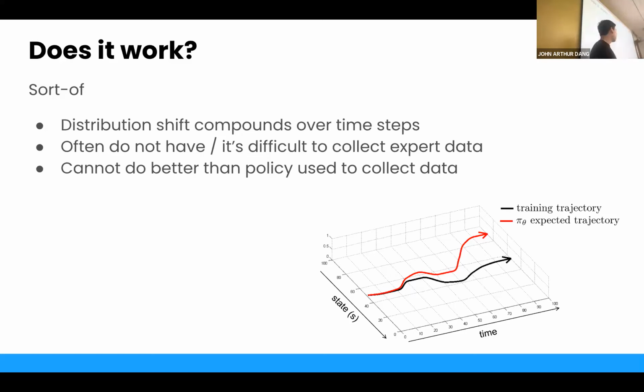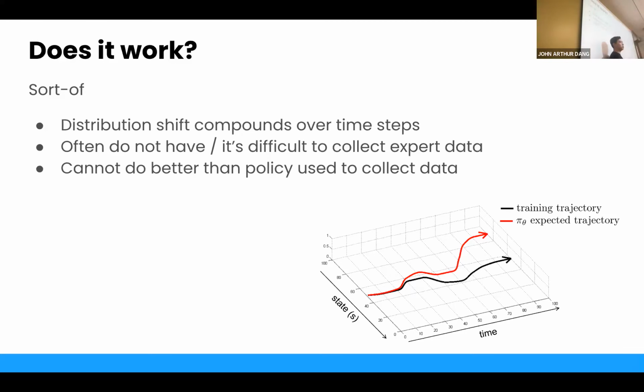So as I mentioned before, the part where the distribution of your data changes with your policy is really important here, right? What states you see is dependent on your neural network parameters. So the data you see changes when your policy changes. This isn't true in supervised learning, typically, because your data set is completely fixed at the beginning. So this approach doesn't work super well unless your expert, human data really covers the space of all possible states,